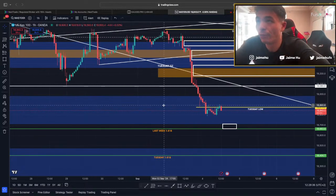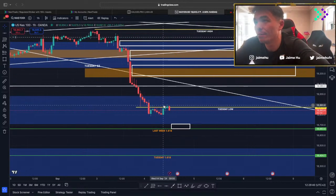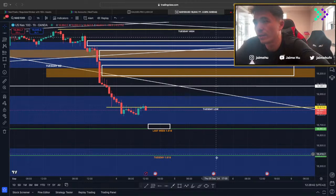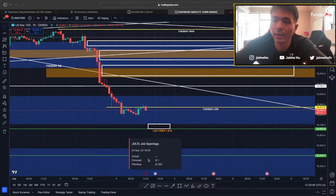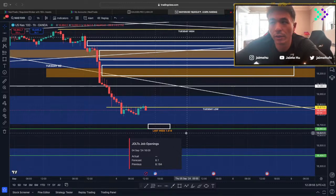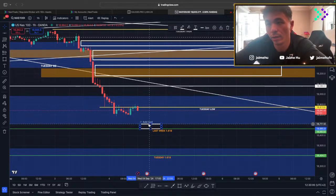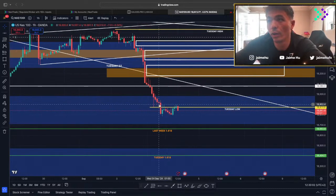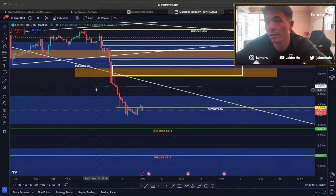So if you guys are trading NASDAQ, consider the fundamental impact today, because right now look, JOLTS at 4 p.m. previously was 8.184. The forecast is 8.1, right? So they're already forecasting a lower JOLTS. So that means that stocks would continue going down. So what I would most likely look for on NASDAQ in that case is,